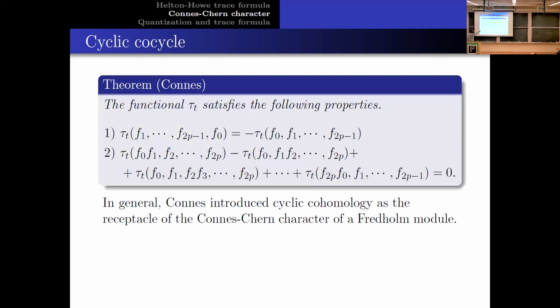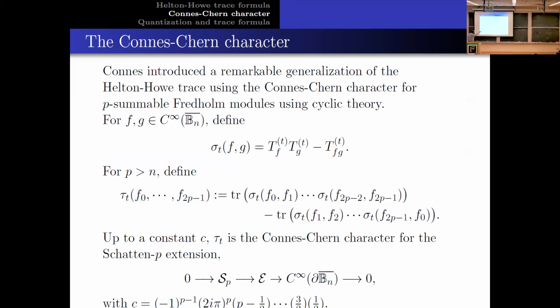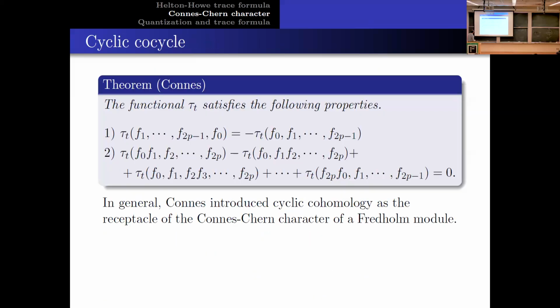So I guess here I cite Alain Connes' result. This formula we just introduced is actually a cyclic cocycle. It satisfies all the properties we introduced. It is cyclic with respect to permutation, and it is a